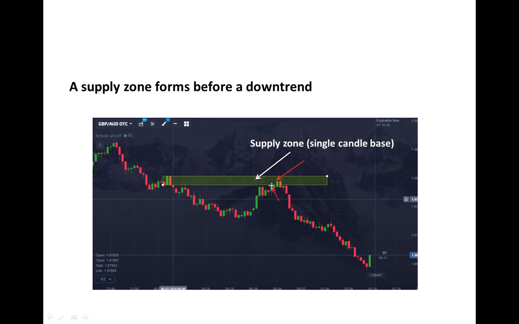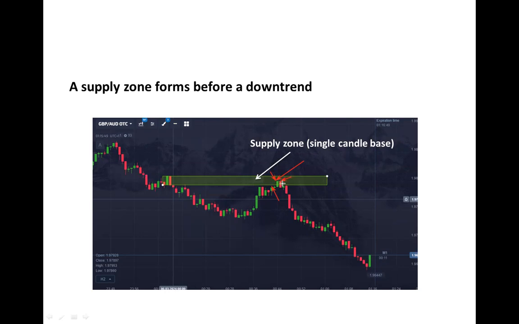This is a 1 minute trade, so you follow the instruction. What I'm saying, follow the instruction I'm saying. So don't trade if the price rejects from the zone, then reverses. Only trade once the candle closes inside the zone, then trade the next candle as a bearish candle using the